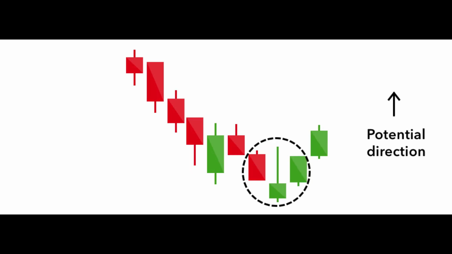Now the candlestick marked on the screen is an inverted hammer. A similarly bullish pattern is the inverted hammer, the only difference being that the upper wick is long while the lower wick is short. It indicates a buying pressure followed by selling pressure that was not strong enough to drive the market price down. The inverted hammer suggests that buyers will soon have control of the market.